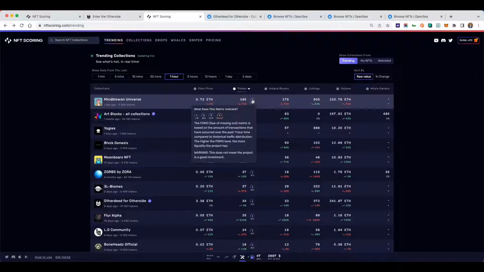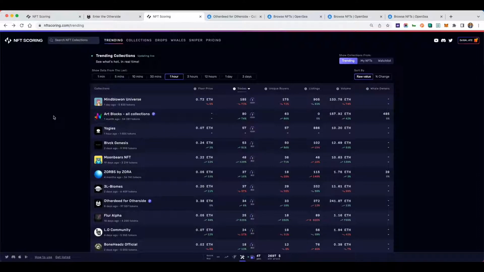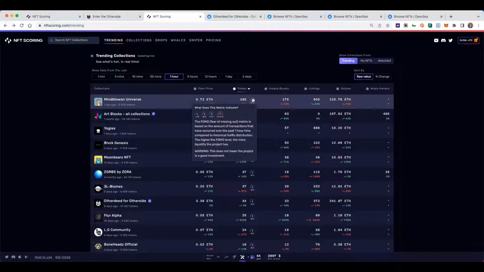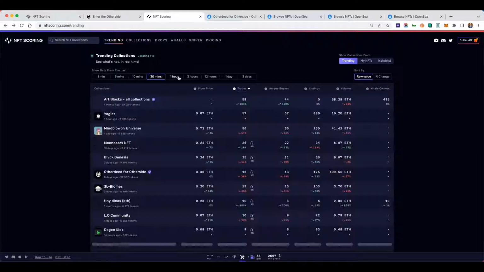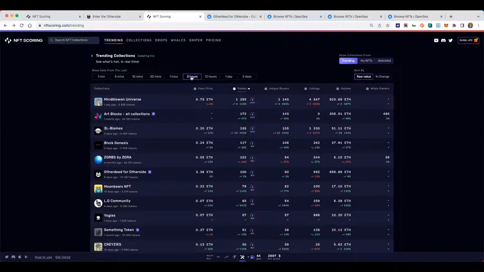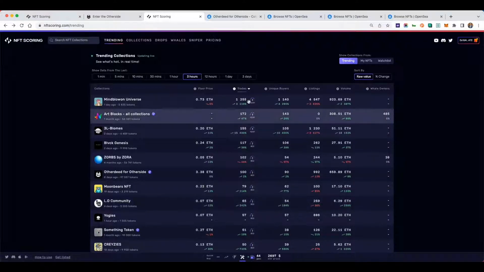So could you explain exactly how the insane level works? How do you cross the threshold of high and then into insane level? Yeah, so those numbers are different based on different collections. But what I can do is share with you guys those metrics later on. They are in our documentation, and it breaks down every single one for every timeframe.